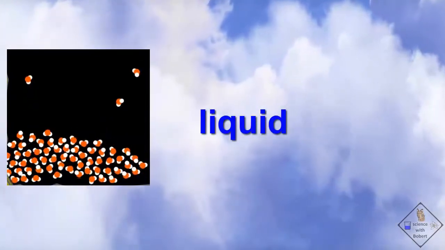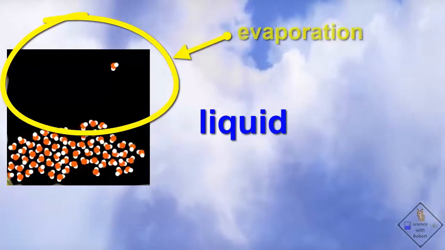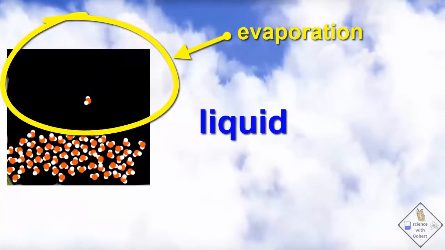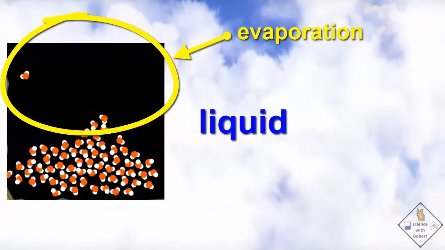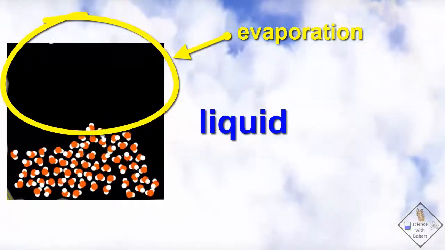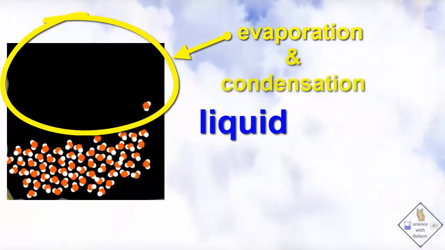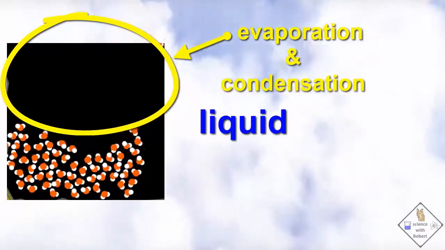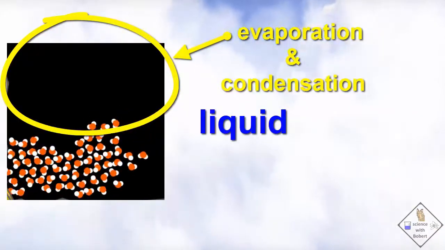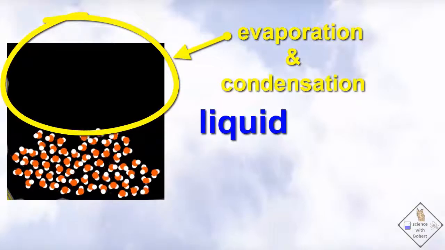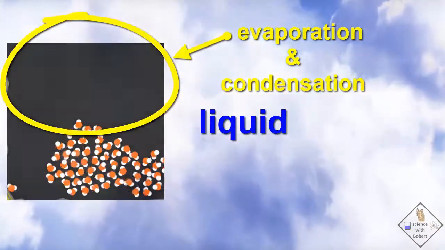Notice how some molecules in a liquid are too energetic and find themselves shooting straight out of the liquid. When a molecule leaves the liquid, scientists call that evaporation. In fact, whenever liquid molecules are present, so too are gas molecules. You just can't stop evaporation. When the escaped molecule re-enters the liquid, that's called condensation. Can't stop that either. Condensation and evaporation are constantly occurring on the surface of all liquids.